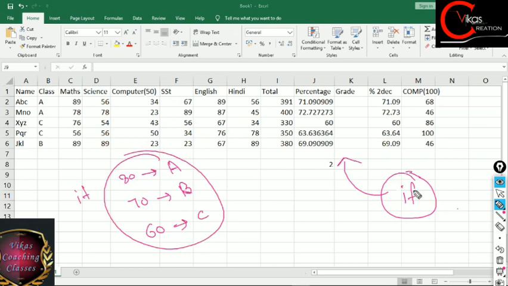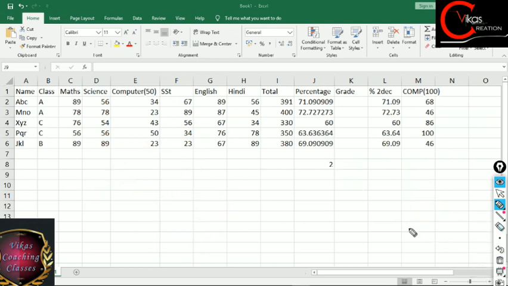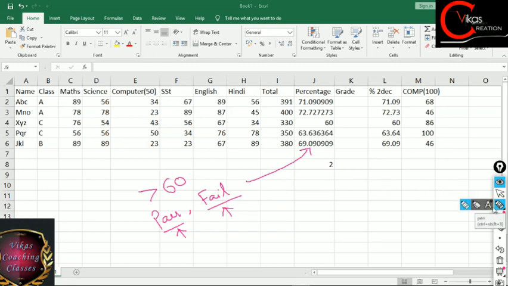Fine. Suppose we have to apply these conditions, or let's take one more scenario because ऐसे बहुत difficult हो जाएगा तुम लोगों के लिए, because अब तुम लोग सुबह से class में हो. Suppose our conditions are very simple. We are saying that if your marks are more than 60, then you are pass. But if your marks are less than 60, then we are marking as you fail. Fine. So for this case what we can do,